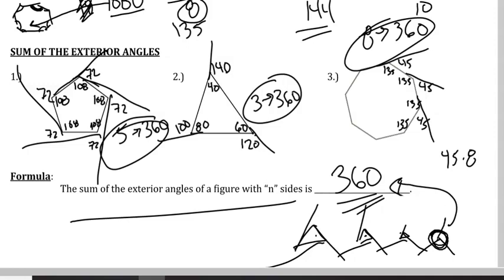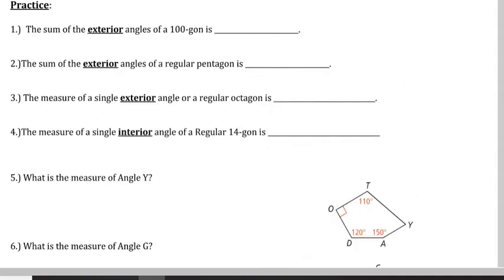Okay, so let's keep on cranking. Running low on time here. Okay, so let's run through this real quick. The sum of the exterior angles of a polygon with 100 sides is 360. The exterior angles of a regular pentagon sum to 360. The measure of a single exterior angle of an octagon, well, you know all of them together is 360,